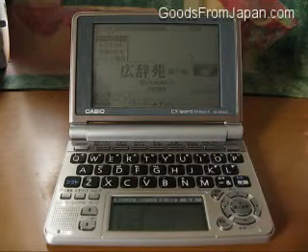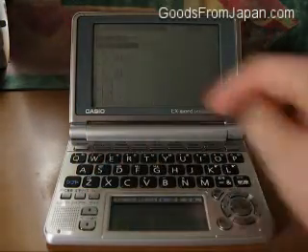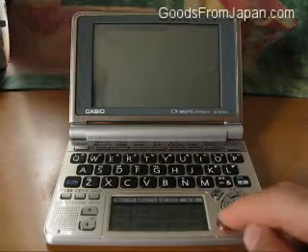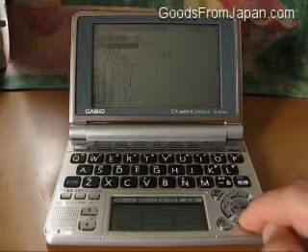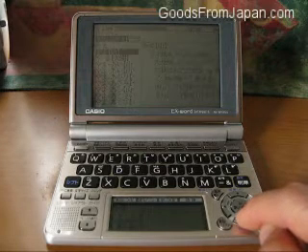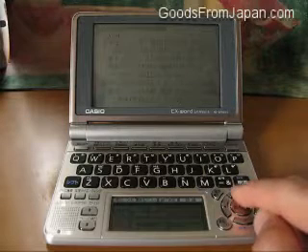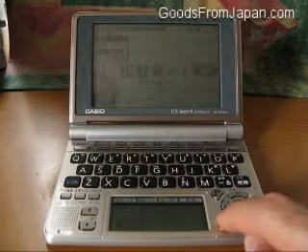Again, let's type in Yama, and again press OK. Actually, that's not the candidate we wanted, so we go back, press the down cursor to go to a more suitable candidate, OK, and again we have the definitions. The back button, back,